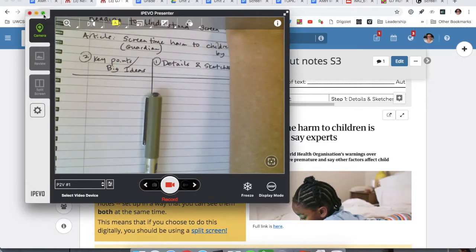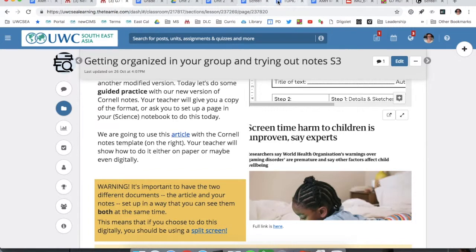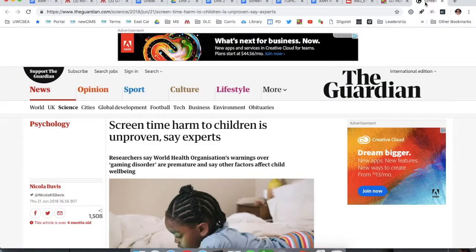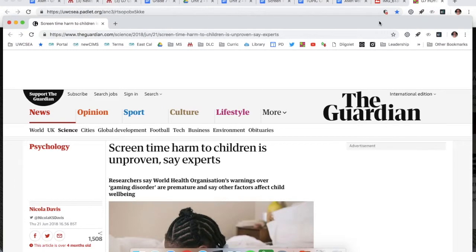For those of you who are not sure how to do split screen, it looks like this. You have to have both apps open that you're going to use, okay, or both tabs in different windows. That's really important, different windows. So for me, that is this app because I want you to see my notes, and that is also this article, okay? So I'm actually going to pull this article right out of here so that it's in its own